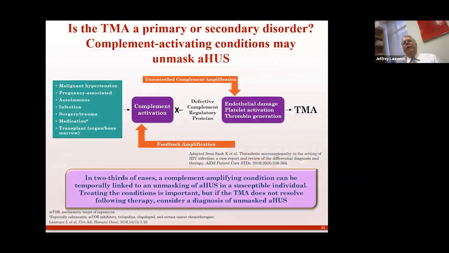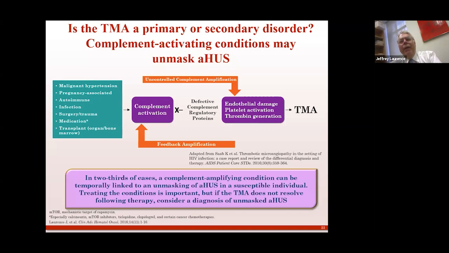And this is where the art of treating atypical HUS comes in. So you have a TMA, you've ruled out TTP, but you've got these inciting conditions in the teal box on the left. Malignant hypertension. Malignant hypertension can itself injure endothelium in the kidney, can activate complement. And how do you know this just isn't a TMA linked to malignant hypertension itself versus malignant hypertension as a feature of atypical HUS or malignant hypertension triggering HUS? Same thing as with pregnancy.